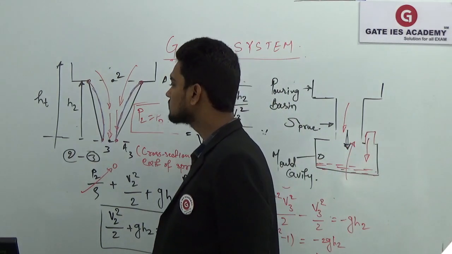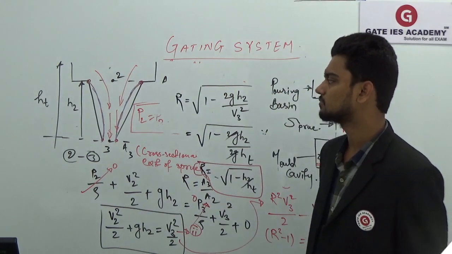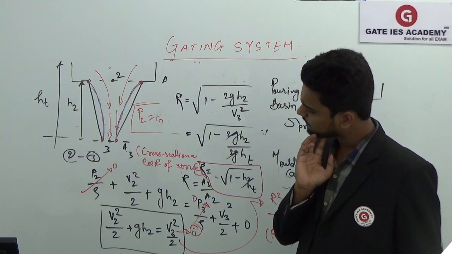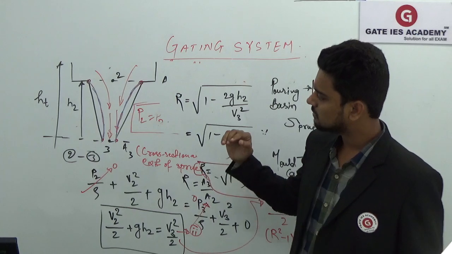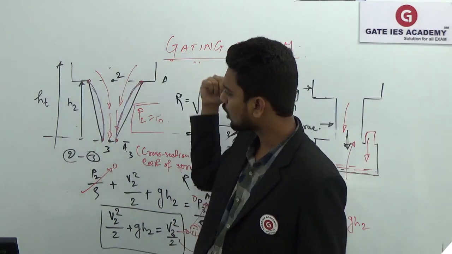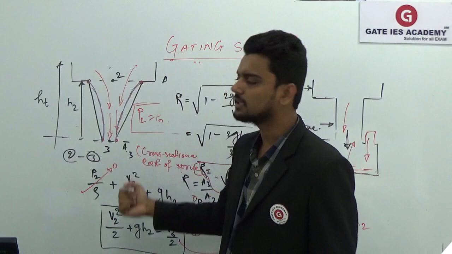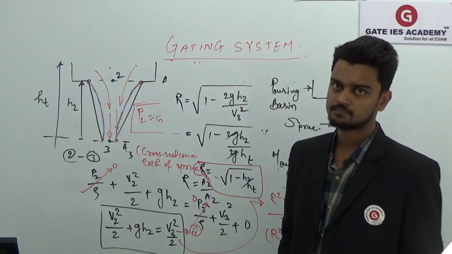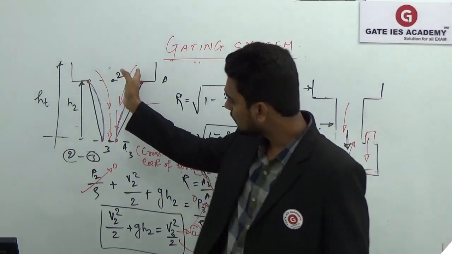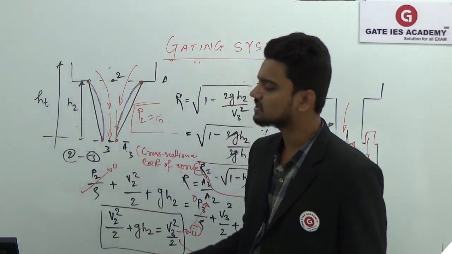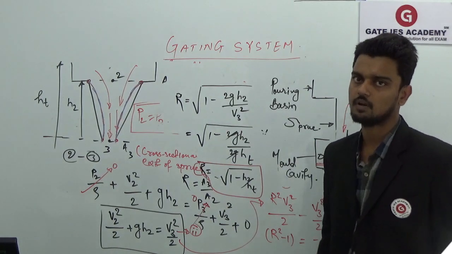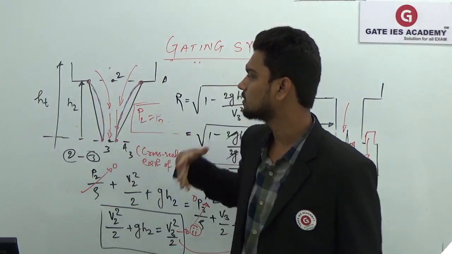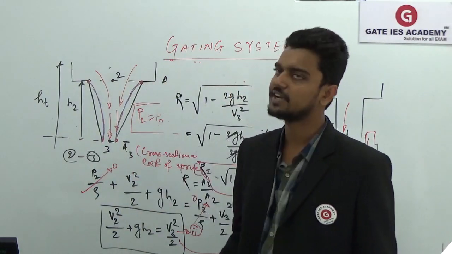Manufacturing is somehow difficult. It's very difficult to manufacture that. So what we do is, by keeping the cross section at 2 and 3 the same as that of your parabolic sprue, we make that parabolic shape into a straight taper. Okay, by keeping the same cross section at 2 and 3, we make that parabolic into a straight taper, so